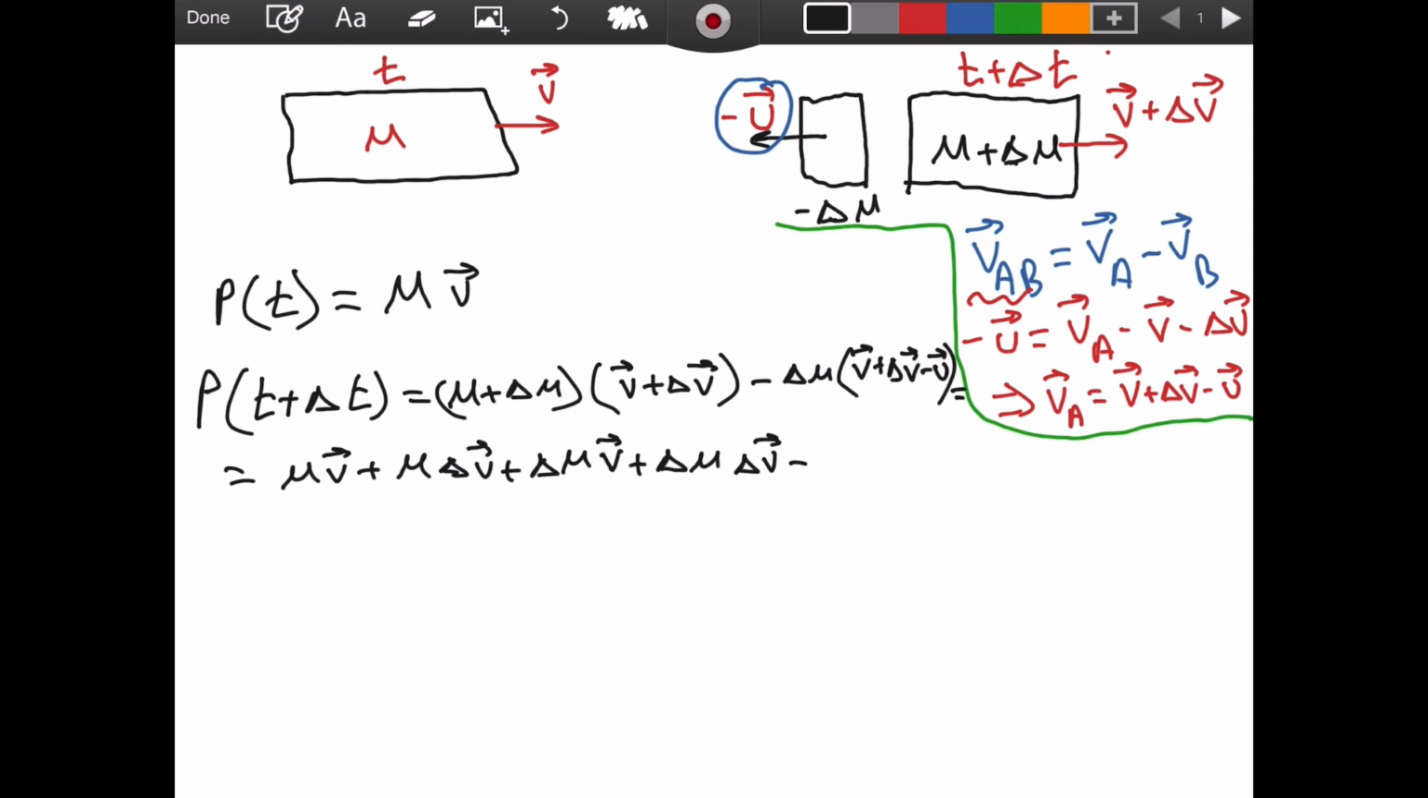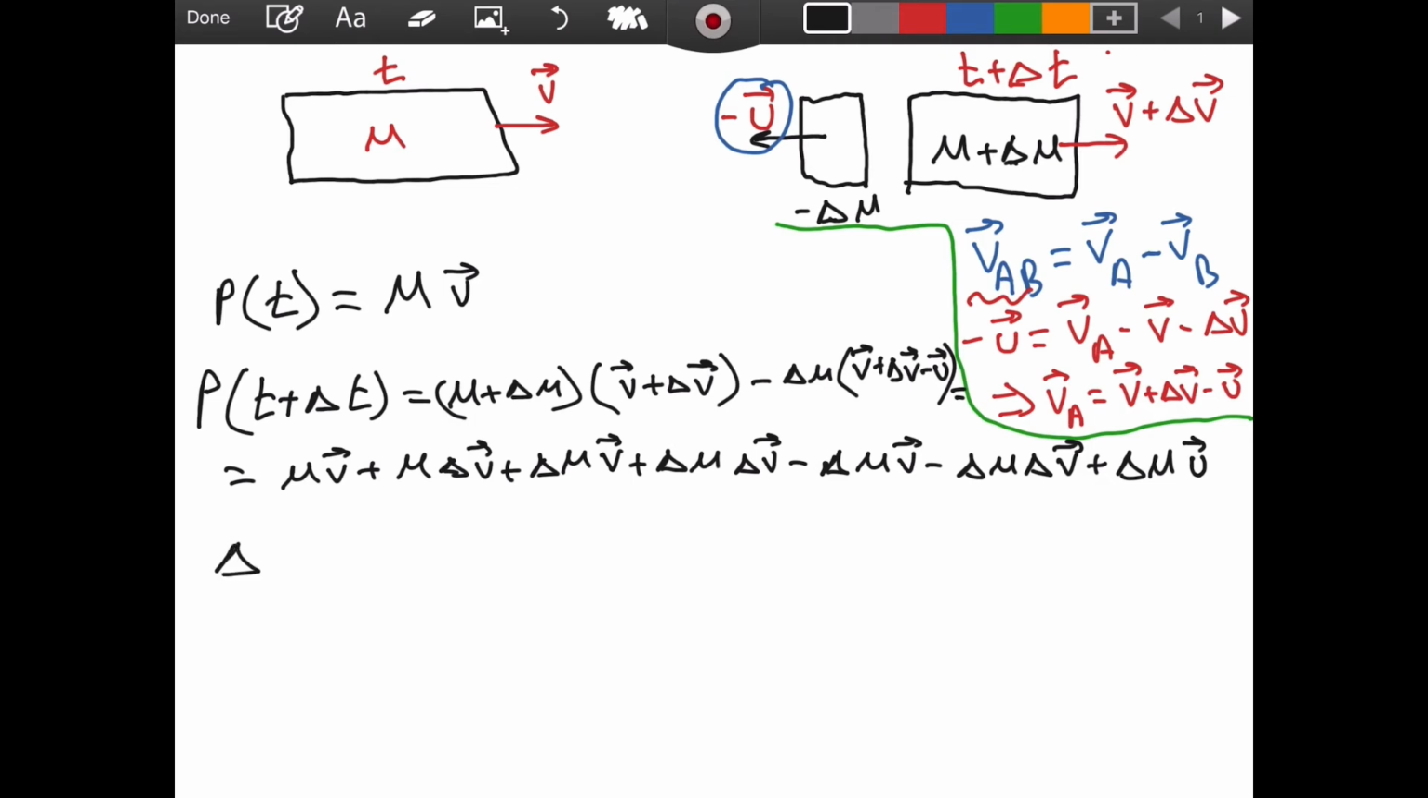Now comes the momentum of the fuel. We will have negative delta m v minus delta m delta v, and then a plus. You remember, negative gives you a positive. We have plus delta m u this time. Cool. Now I want to find the change in